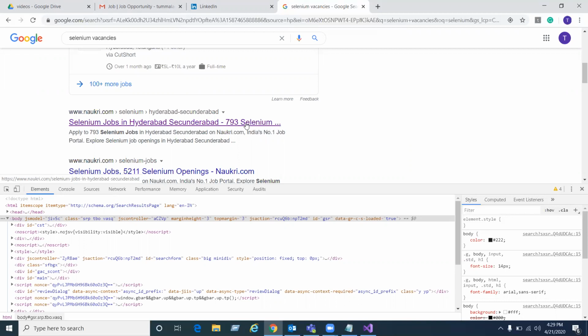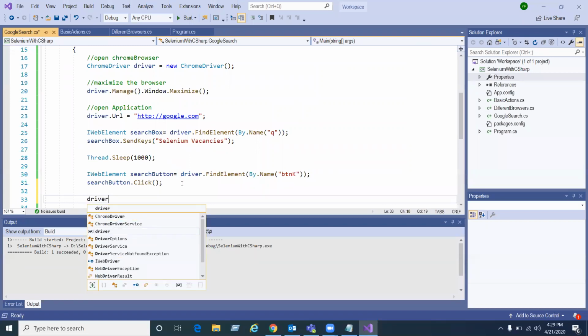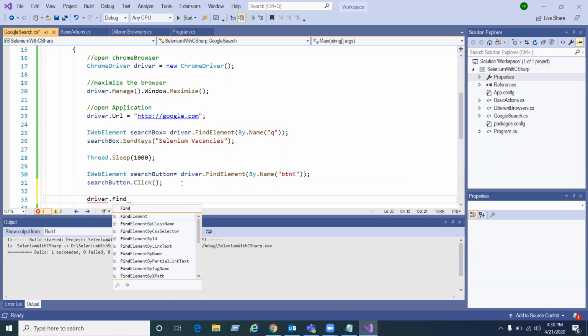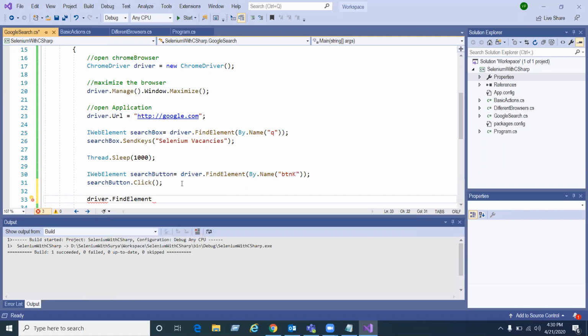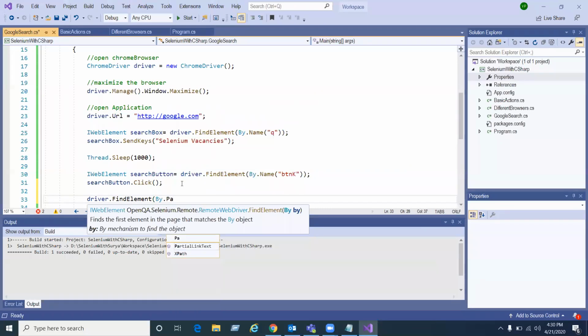So what I'll do is take part of the link. I'll take Selenium jobs up to this and try to find it out. driver.FindElement(By.PartialLinkText("Selenium jobs")).Click(). Because I'm not using the complete text, I'm using only a partial link.